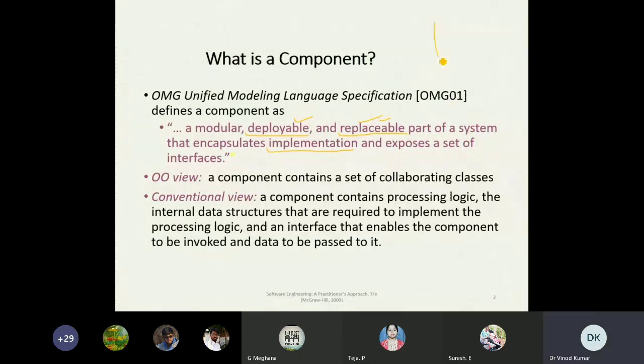These are the characteristics you have to understand. It can be replaced anytime when you want. So we have one module, or you can say component, and it is integrated in a system. It has some characteristics.